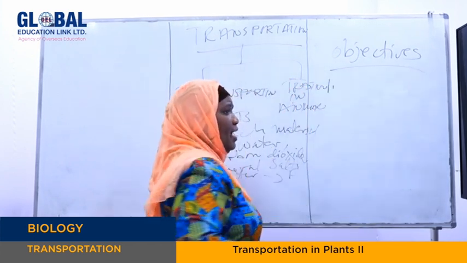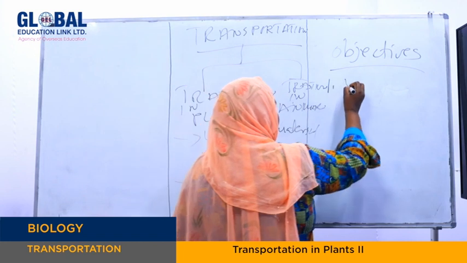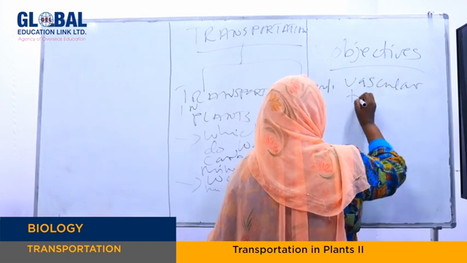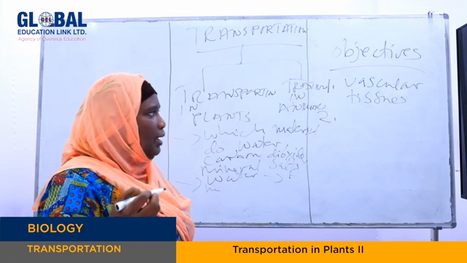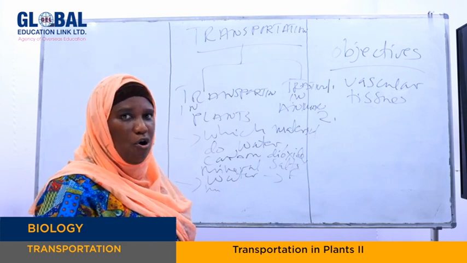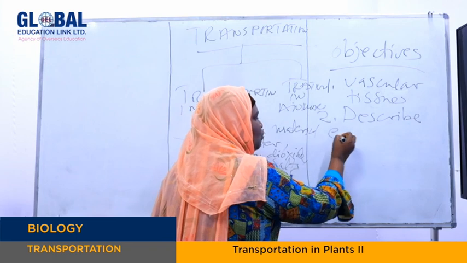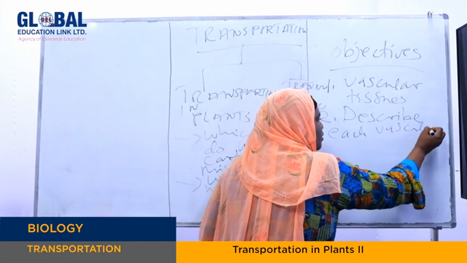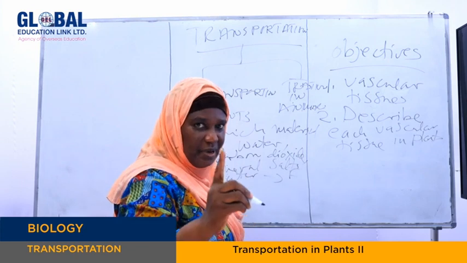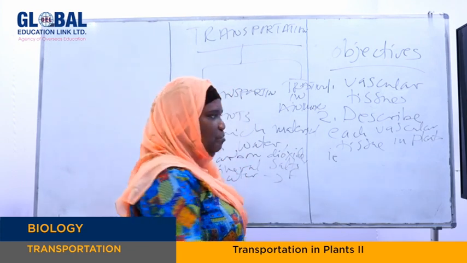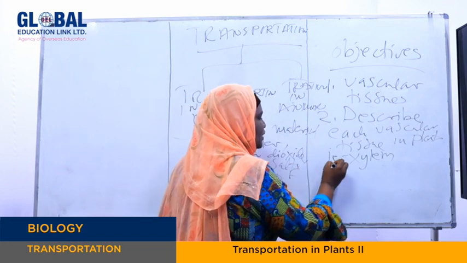My objective number one is that you will be able to identify vascular tissues in plants. And another aspect, you will be able to describe each vascular tissue in plants. That means you will be able to describe the xylem. You will also be able to describe the